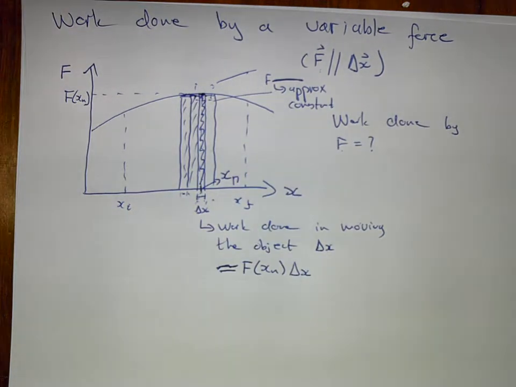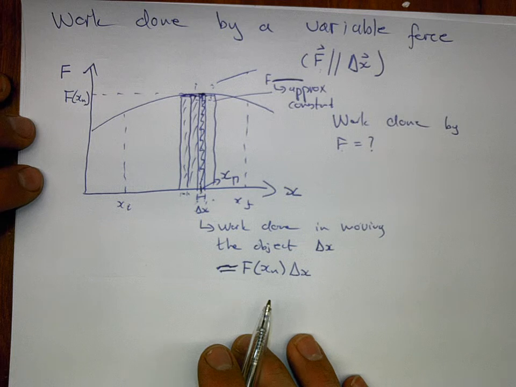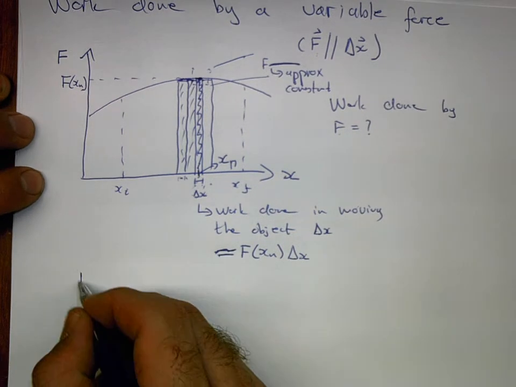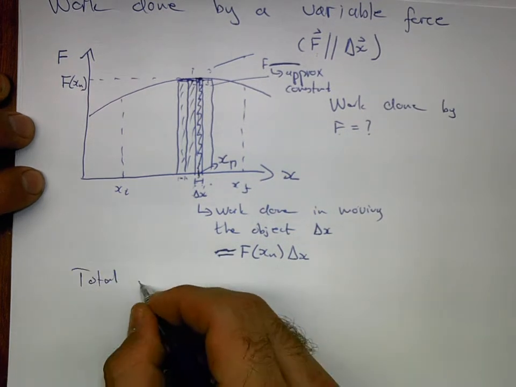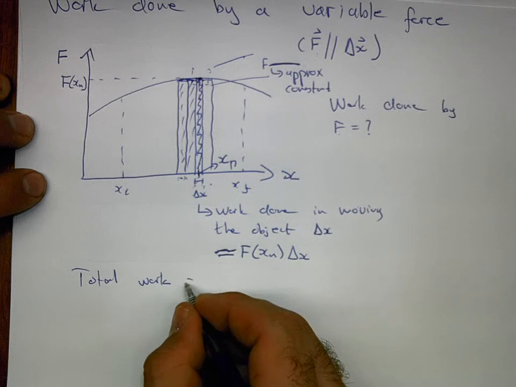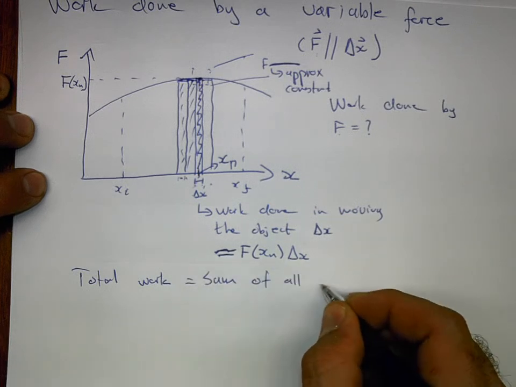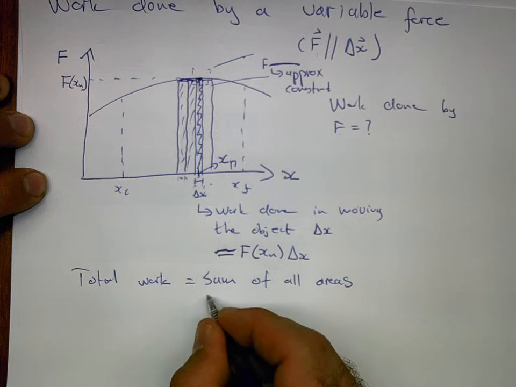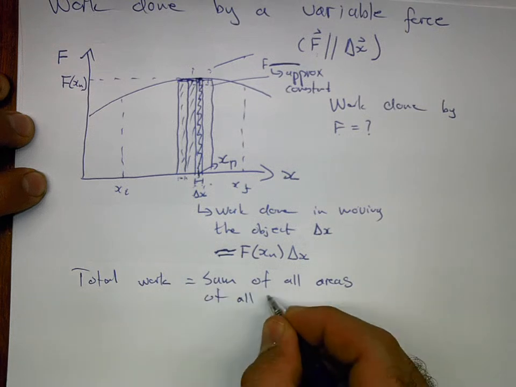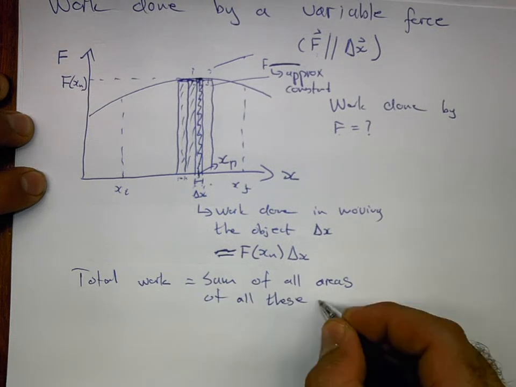So it's not an exact calculation yet, but it is at least a good approximation. So the total work is equal to the sum of all the areas of all these little rectangles,